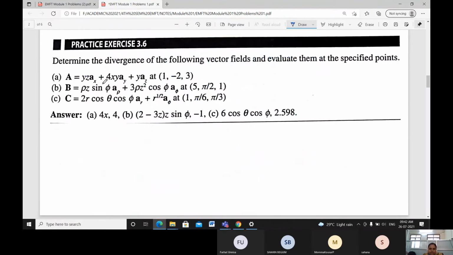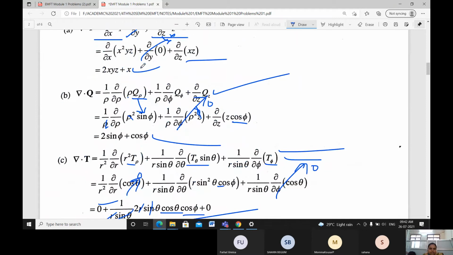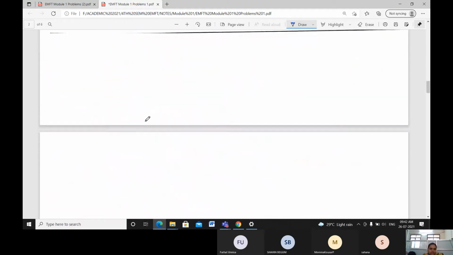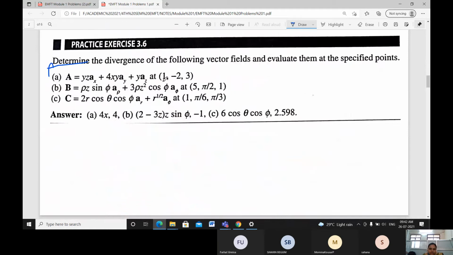In the same way, this is an assignment for you. You can go through this. After getting the values like this, after divergence you have to substitute the xyz values. If it is x, what will we be getting? Substitute as 1, minus 2, 3. Then you will be getting the divergence as 4x. X will be 1. For that reason the value is going to be 4. In the same way go with all the 3.